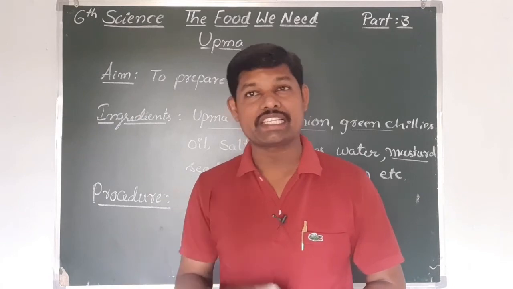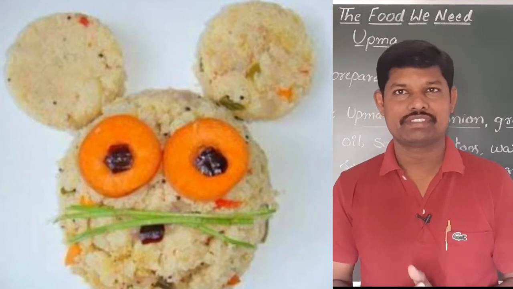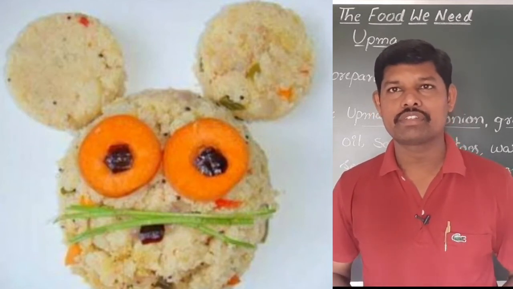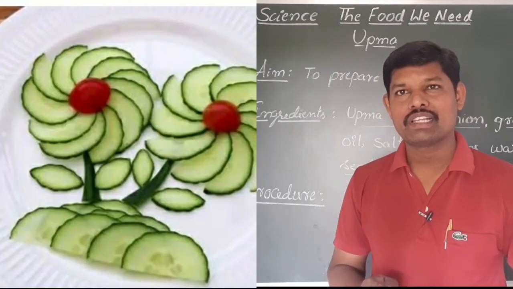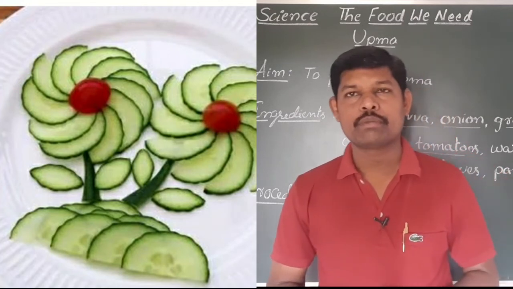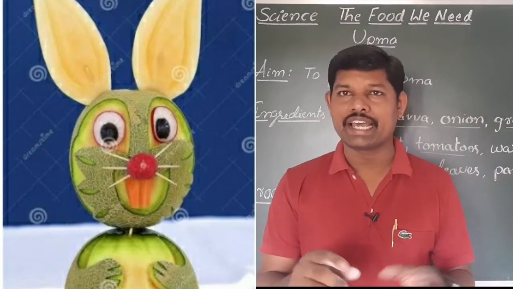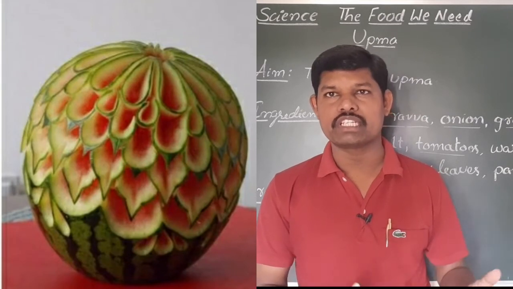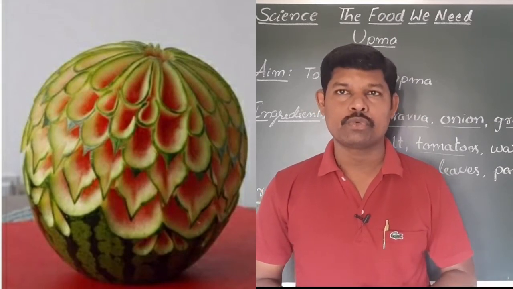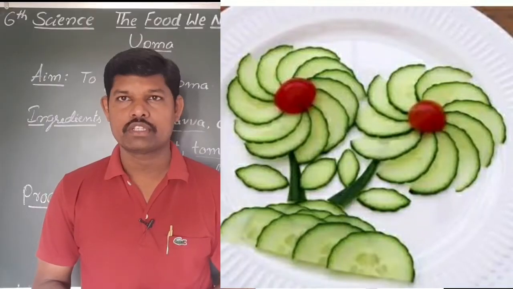Now one more interesting thing. After cooking everything, some people decorate the food. By watching the food itself, we can water our mouth. For decorating the food, people use varieties of vegetables, cut them nicely and arrange them in different shapes. This cutting and preparing, giving shapes to the vegetables, is called vegetable carving. Vegetables are cut into different flower and bird shapes. Like this people will give.